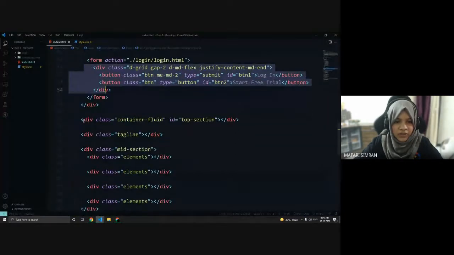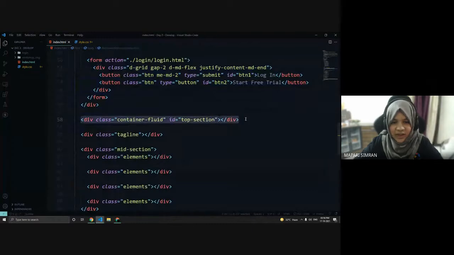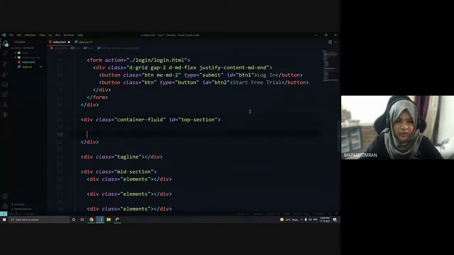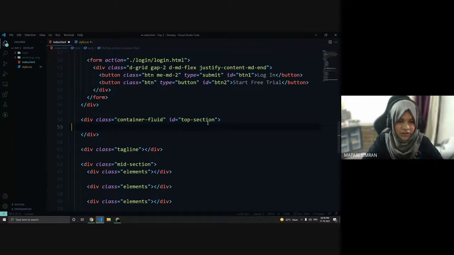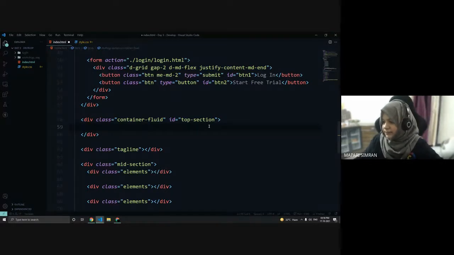To save time, I have created a section already. I've given the class as container-fluid of Bootstrap and given the ID also. Now in this div tag, first we have a heading, right?